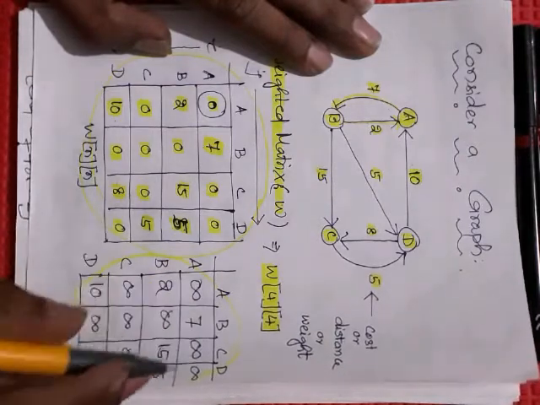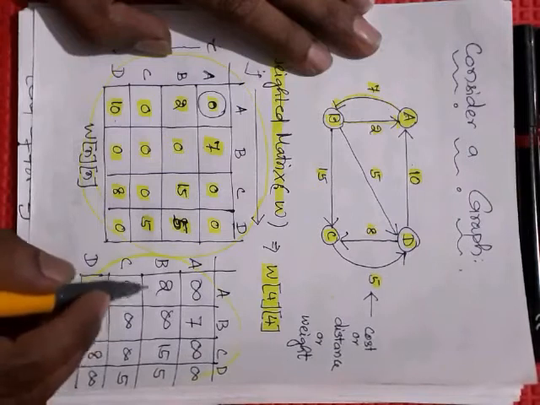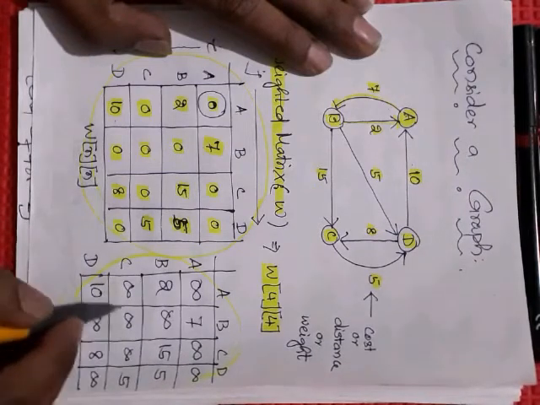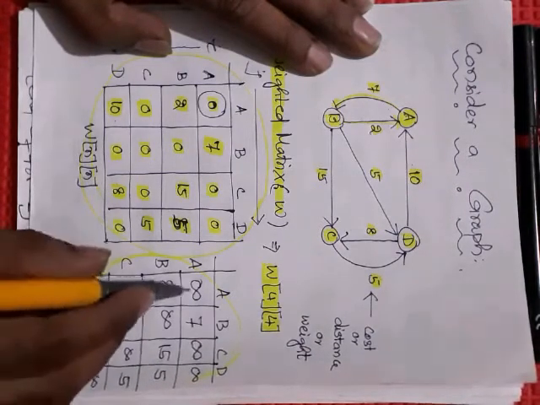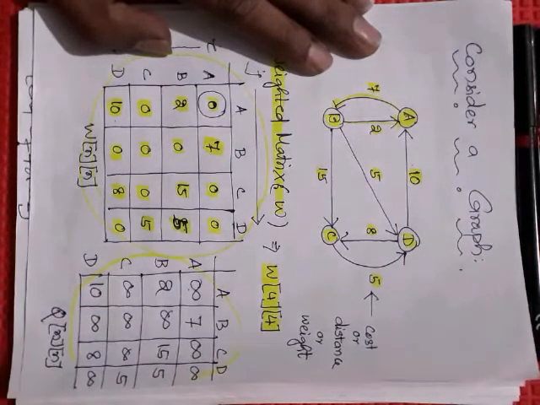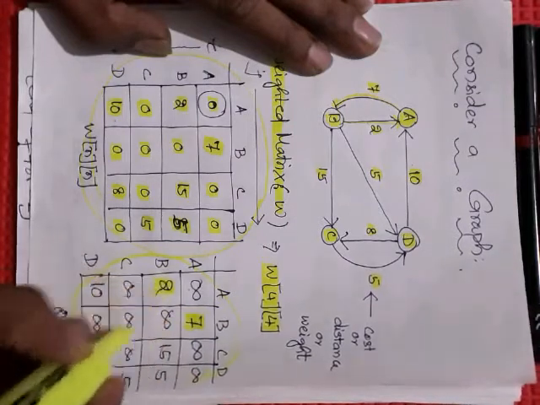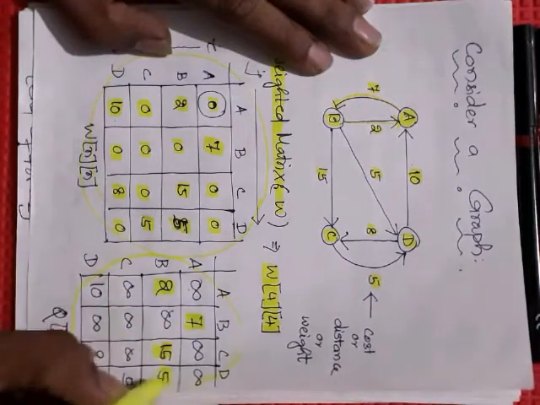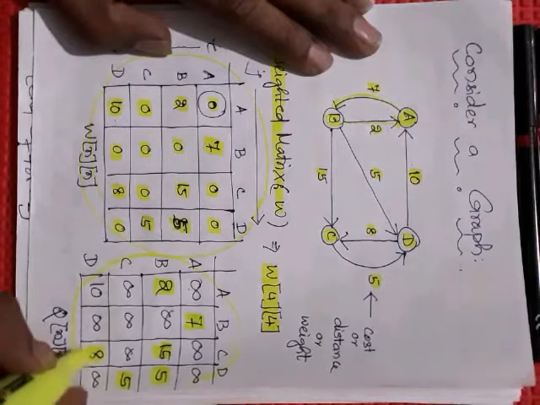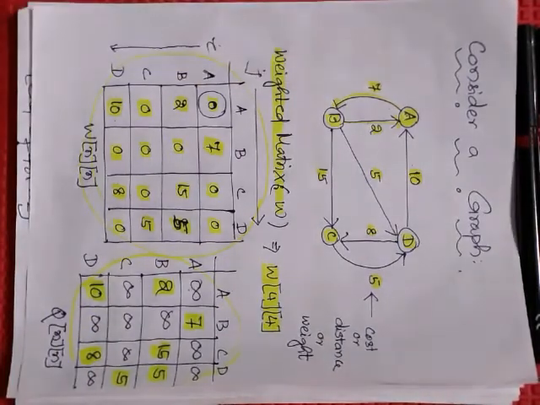This says that whatever values we have, those are distances using a single edge, whatever distance we have observed, that we have written. Wherever infinity is there, it is a single edge for which we don't know the distance. So these are the distances we already have using a single edge, and the other infinities we don't know. Now let us move further to understand the algorithm.